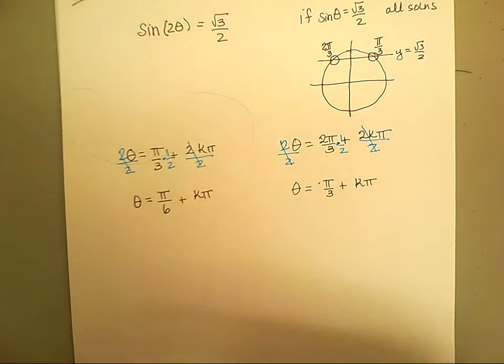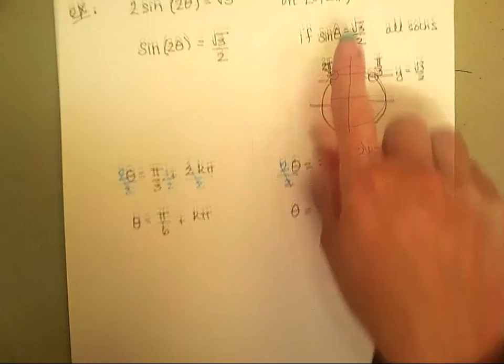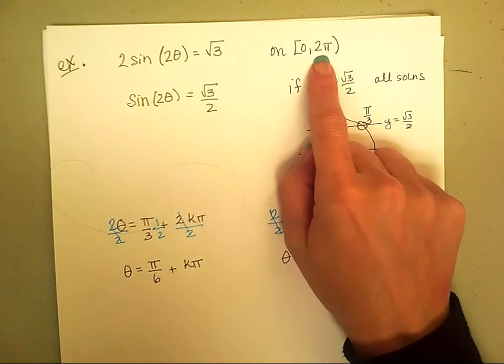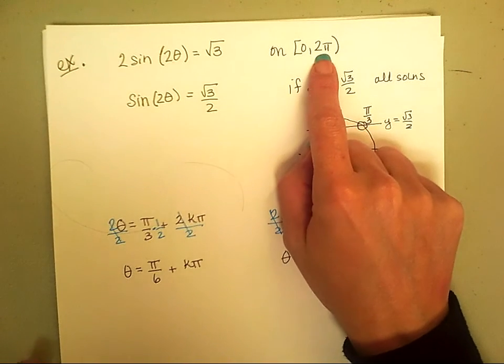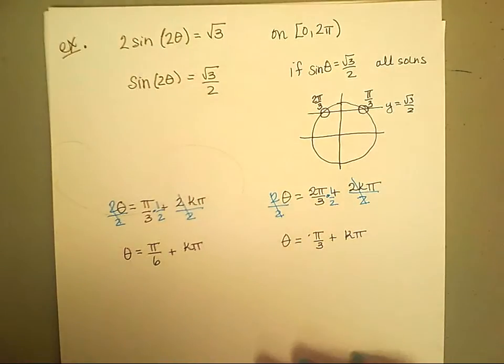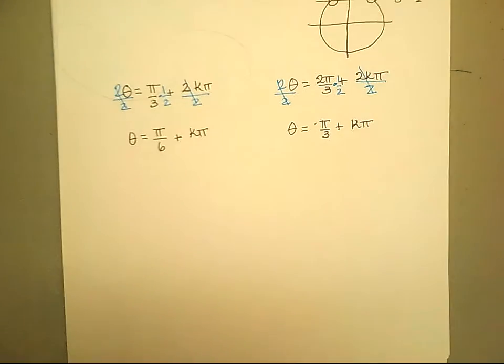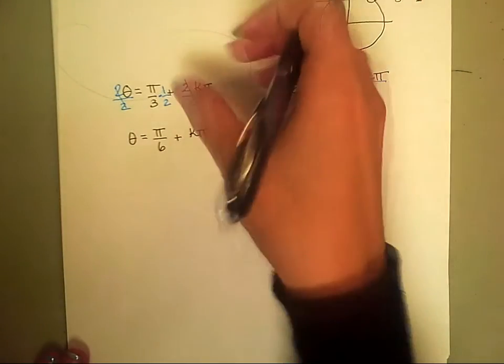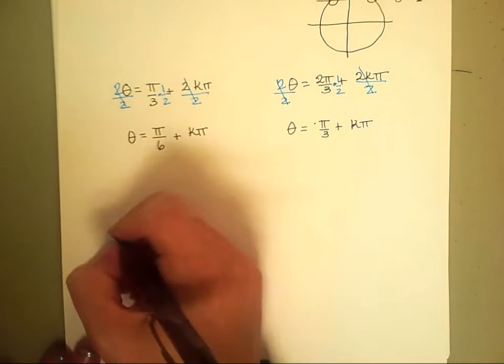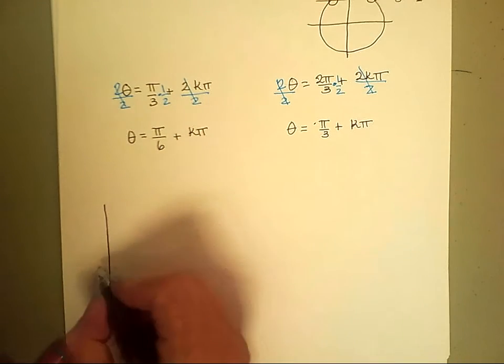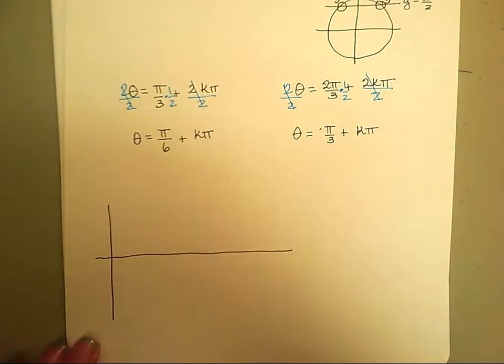Now, we can run through and we can let these k pi's, like k equals 0, k equals 1, k equals 2, etc., until we're outside of our range that we're looking for, the interval that we're trying to solve on, which is 0 to 2 pi. Now, here's a way we can do it graphically. Okay. So now, let's graph